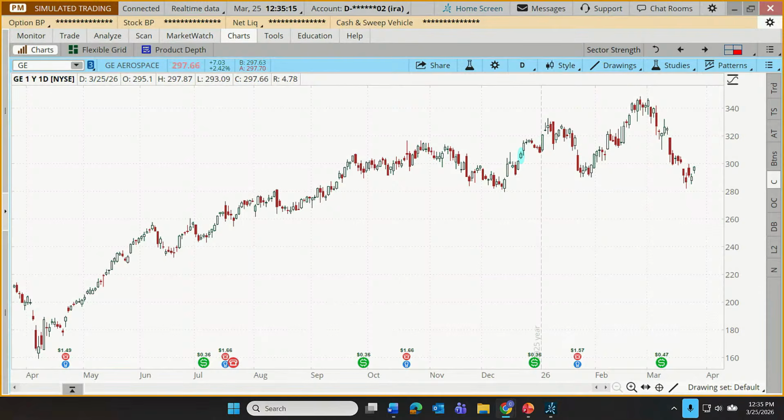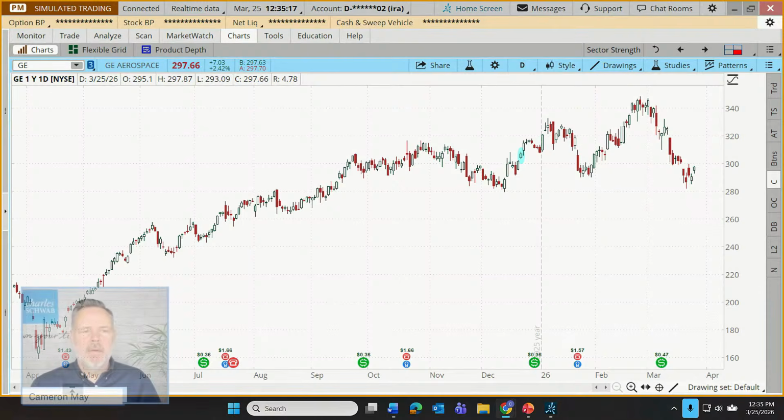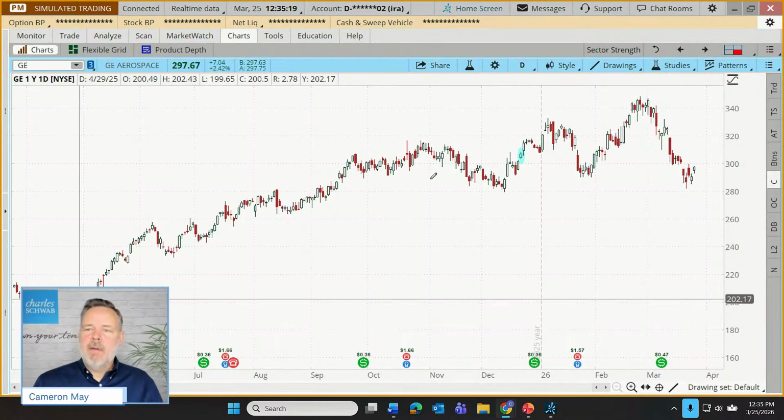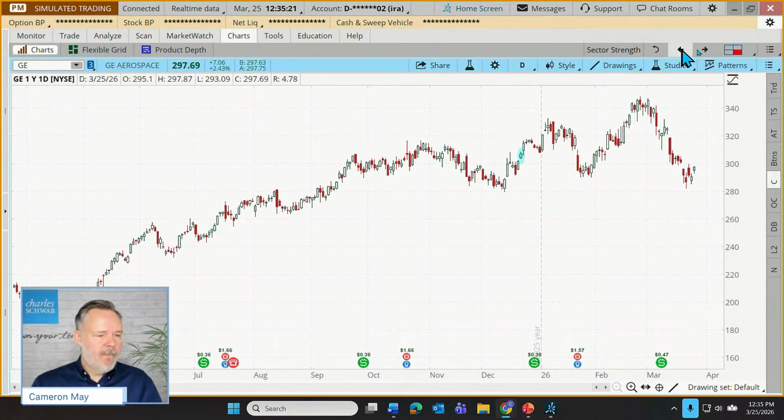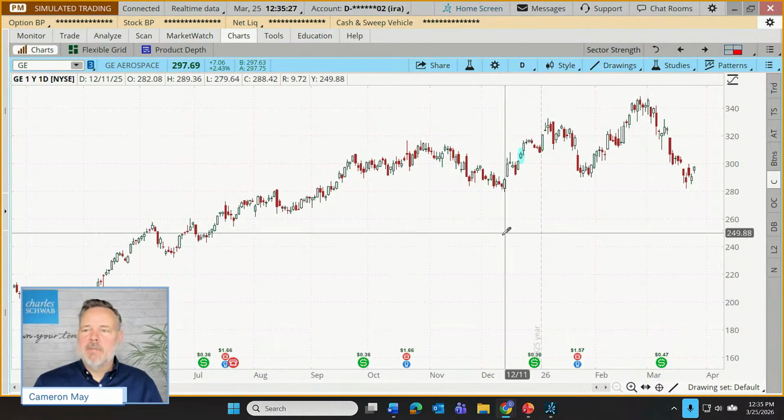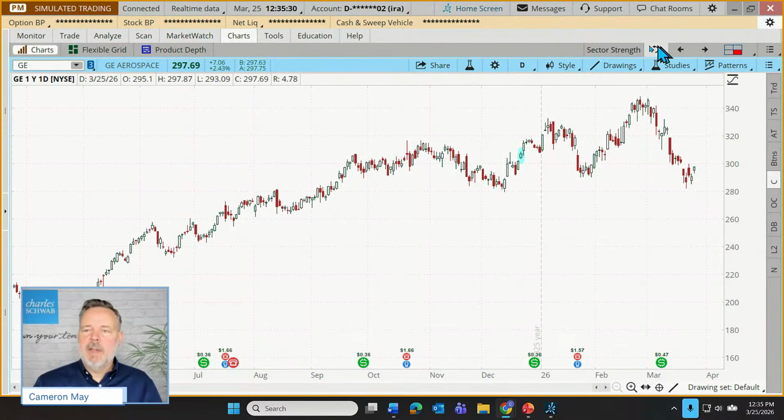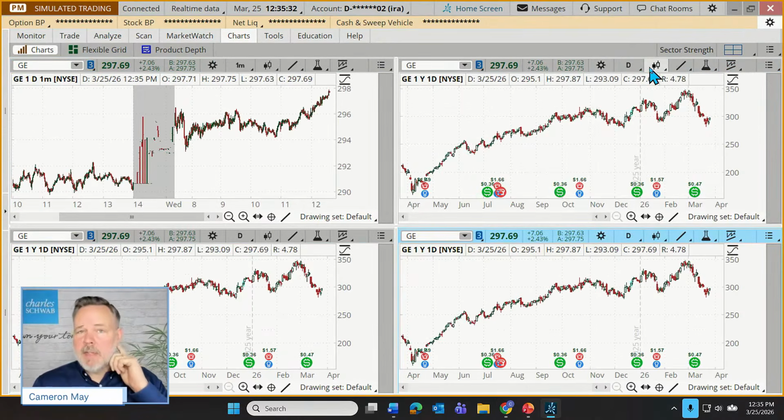Gina says, how do you get those arrows at the top? Oh, this up here, Gina? That automatically shows up if you are in a grid, but you've maximized one of the cells. So let me just click this left arrow again. And I demonstrated this earlier in the presentation.